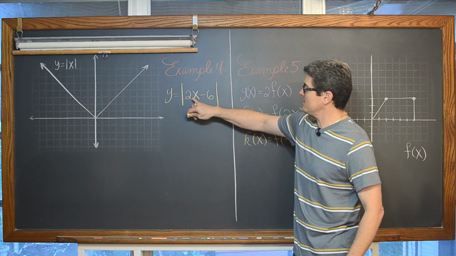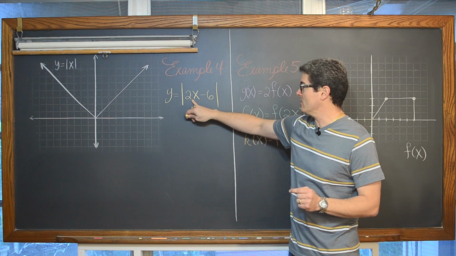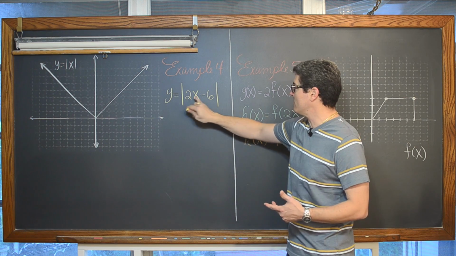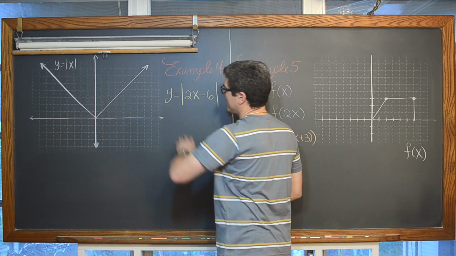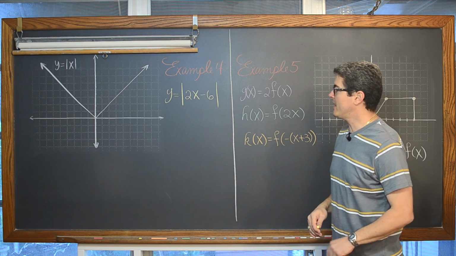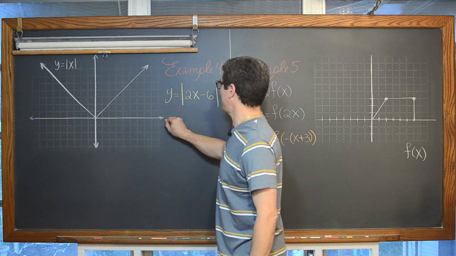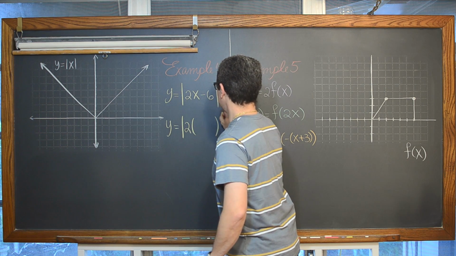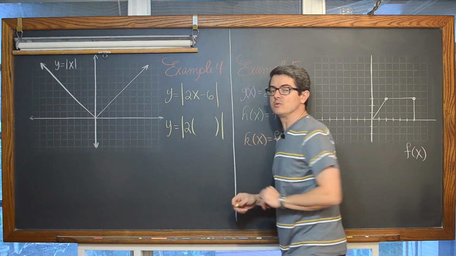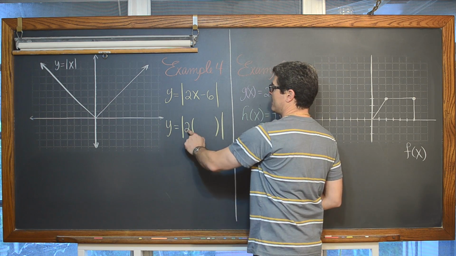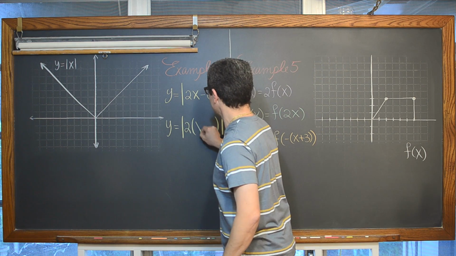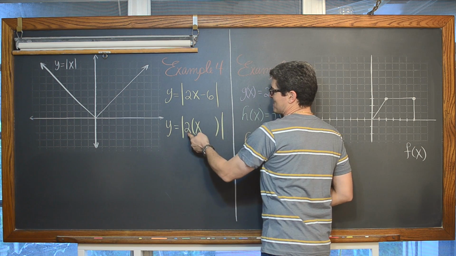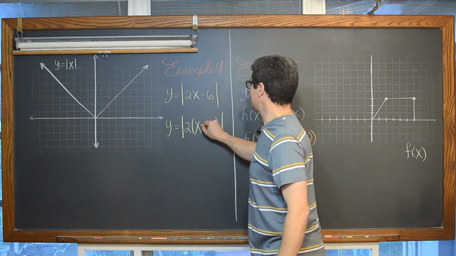And that means that I need to have a leading coefficient of my x inside here equal to 1. But right now it has a coefficient of 2. So we're going to factor that out of these two terms. We're not going to pull it all the way out of the absolute value symbol, but just leave it sit there inside. So we're going to have y is equal to the absolute value. We're going to take 2, the common factor which is shared by these two terms, and divide it out. So 2x divided by 2 is equal to 1x. And -6 divided by 2 is equal to -3.